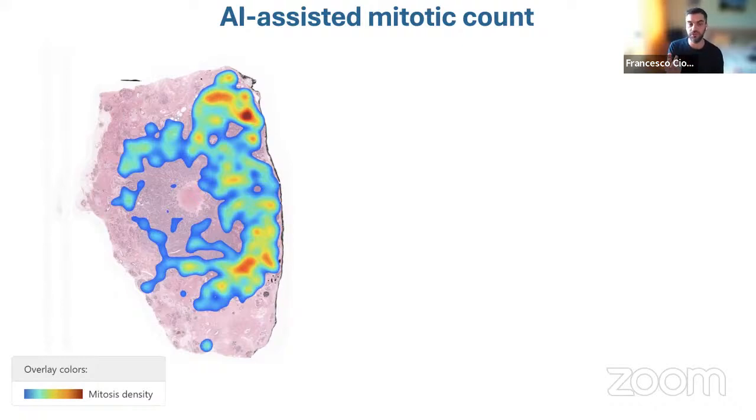Because if they have to look for the hotspot, and we know that they don't agree on where the hotspot is, because you can imagine they have to look on this slide. It's a huge slide. They can stop at some point and say, okay, in my opinion, this is the hotspot. And another pathologist said, I think this is the hotspot. And they may be both right, because we did compute this density. And in this case, probably you agree with me, this is probably the hotspot. But actually, there are more hotspots, right?